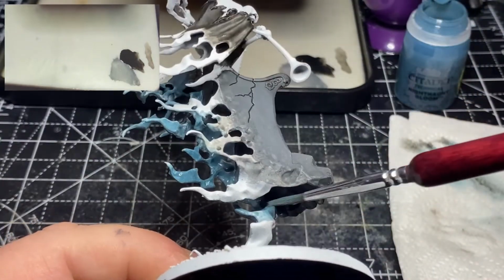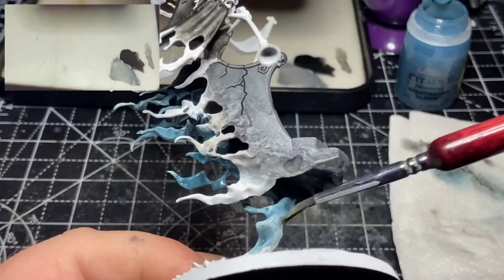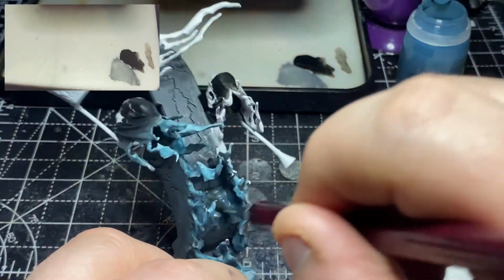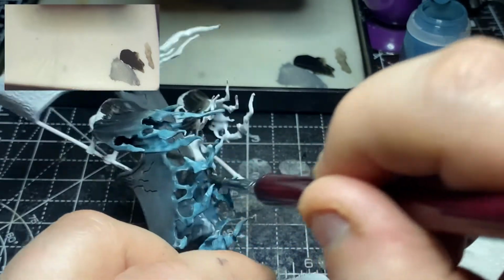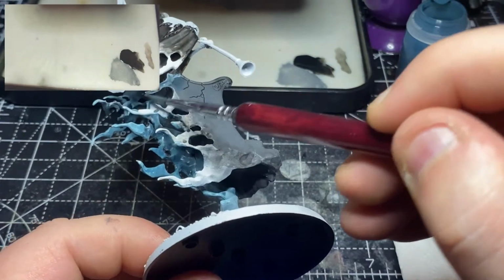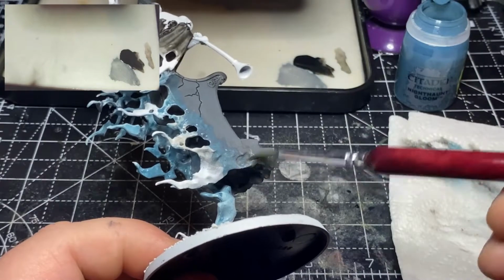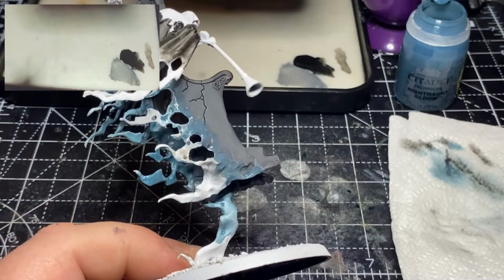What I then do for the sides is the same kind of thing. I'll apply it to the ghost trails, and where they blend into the stonework of the throne, I go just over the stonework slightly, and then I'll dip back into the water and thin it slightly, and basically just blend it onto that stonework a little bit. I know the line work there is harsh where the transition is, but with a couple of layers over the top and working with the watered down paint,